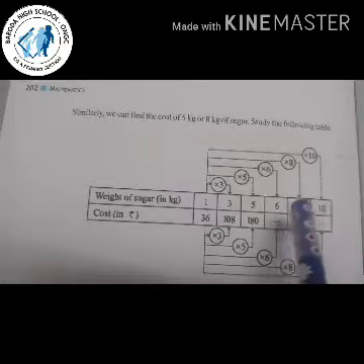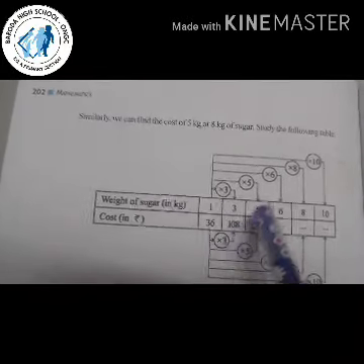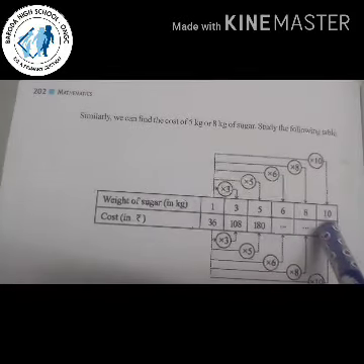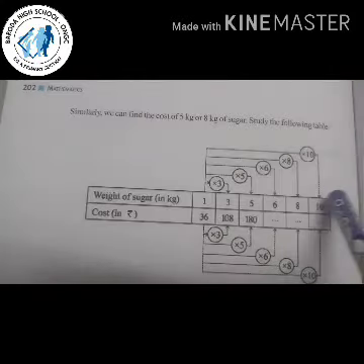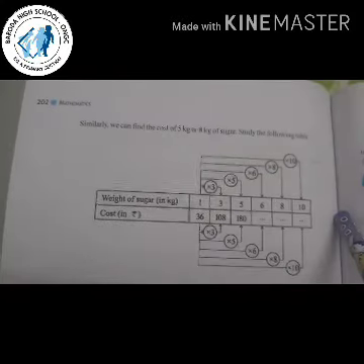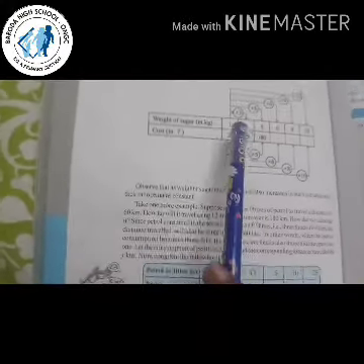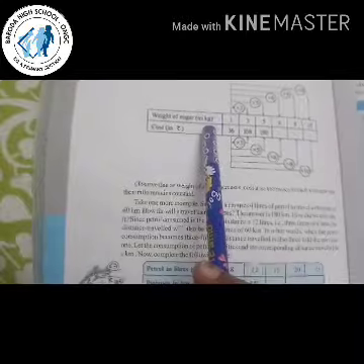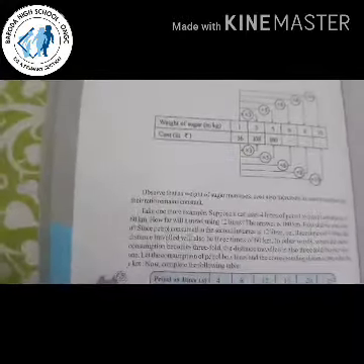Write down here the value for 6 kg, 8 kg and 10 kg. And divide and see, you will get a constant value of 1 by 36. You can take any number in weight. Okay, you have to multiply it by 36 and you will get the cost. So we have seen if we consider one quantity as x and other quantity as y, so x upon y is constant.